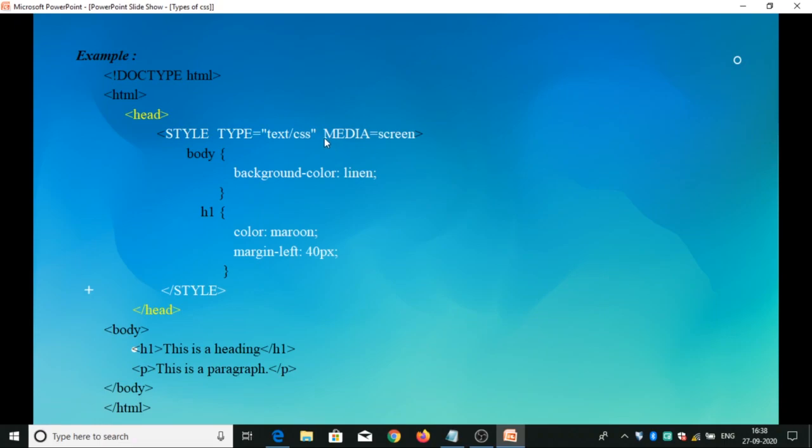The type attribute specifies the type of the linked document or resource, whereas the media specifies what media or device the linked document is optimized for. Here in this style tag, we can write our selectors and properties with some values.